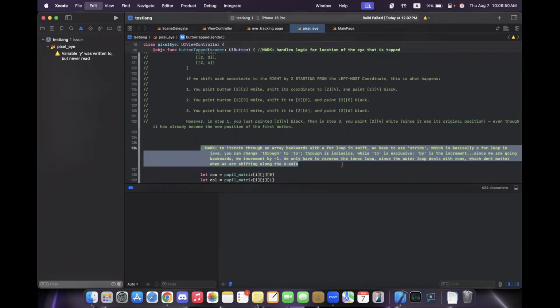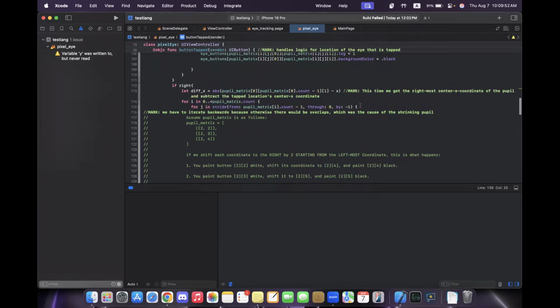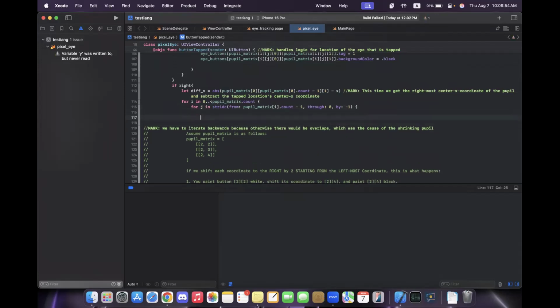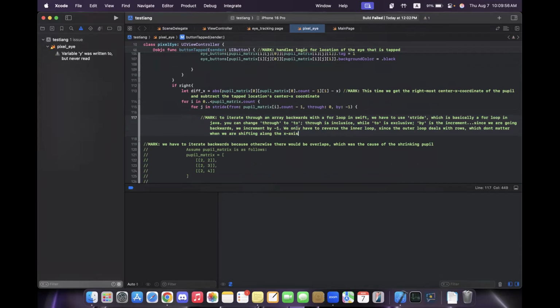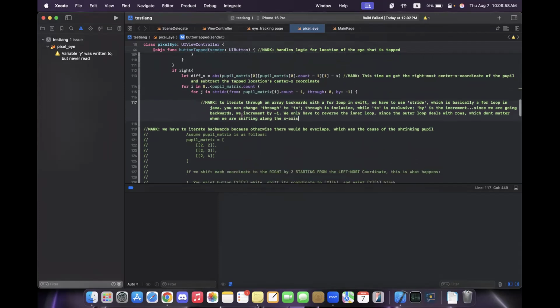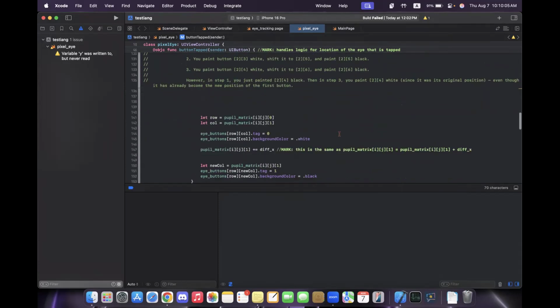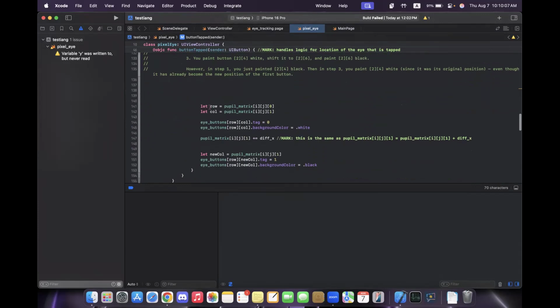Yeah, here. I left a lot of notes because this is all new stuff for me as well. So it's just a small note you can review later on. Just know that this is the best way to do a backwards for loop in Swift. And then the rest of the code is pretty similar. The only other thing I changed, I believe, is